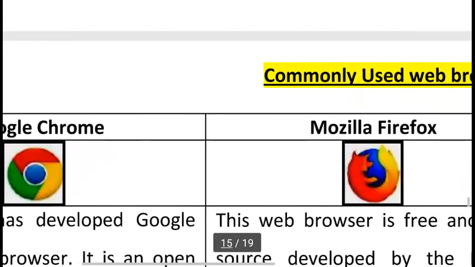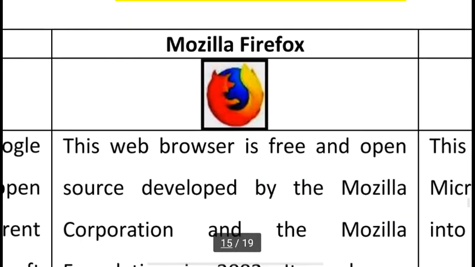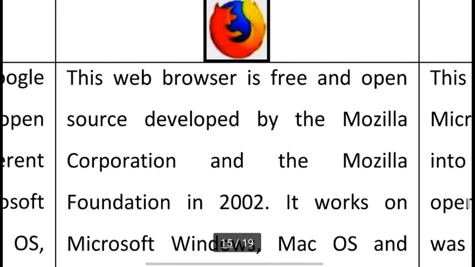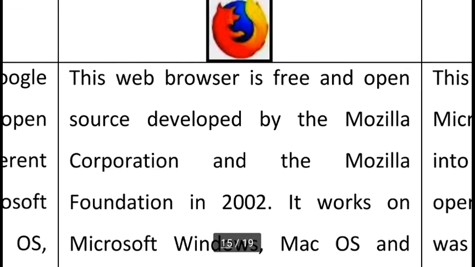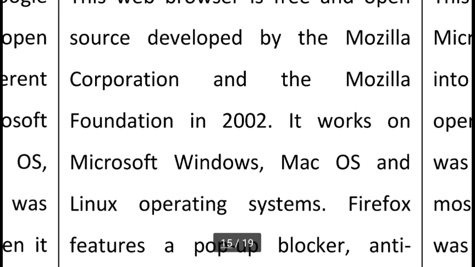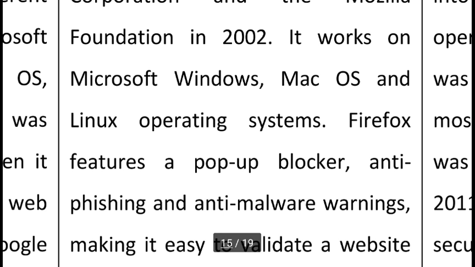Okay, the next popular web browser is Mozilla Firefox. This web browser is free and open source, developed by the Mozilla Corporation and the Mozilla Foundation in 2002. It works on Microsoft Windows, Mac OS and Linux operating systems. Firefox features a pop-up blocker.